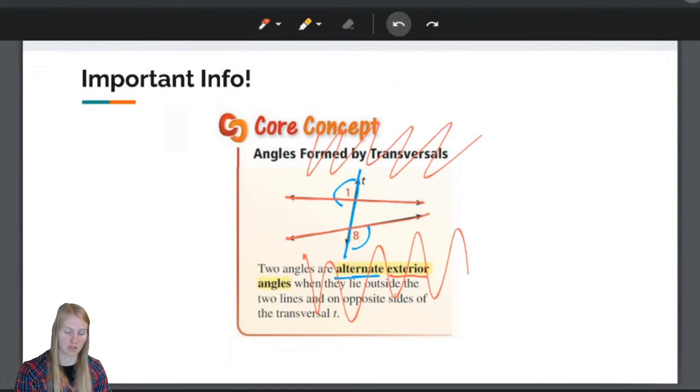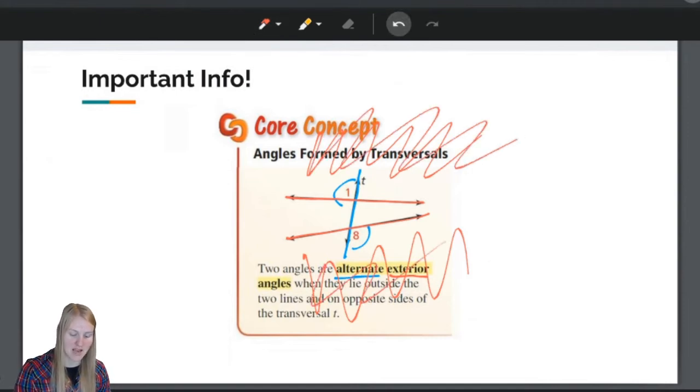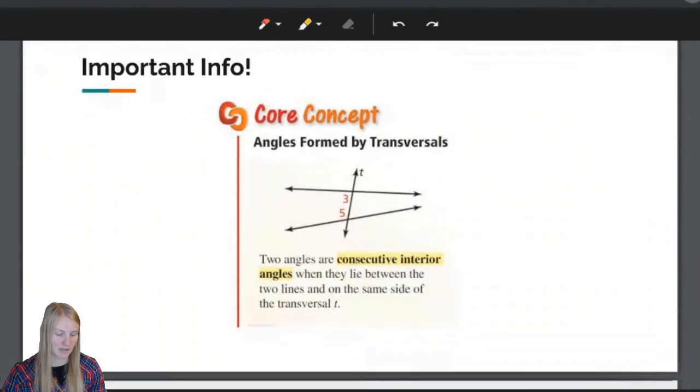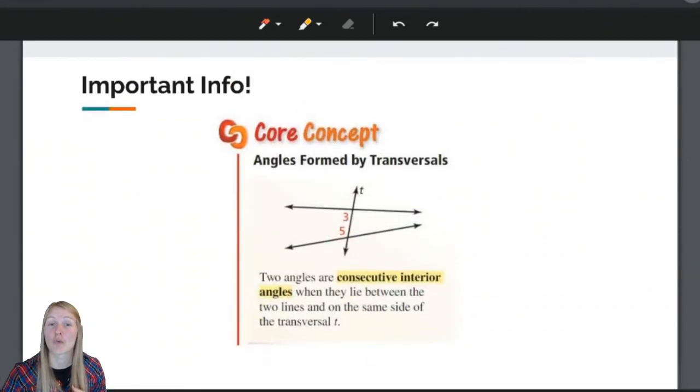They are on the outside. They are exterior angles. So, these are on opposite sides of the transversal, outside the two lines. Okay. Last one. Last set of angles formed by a transversal are called consecutive